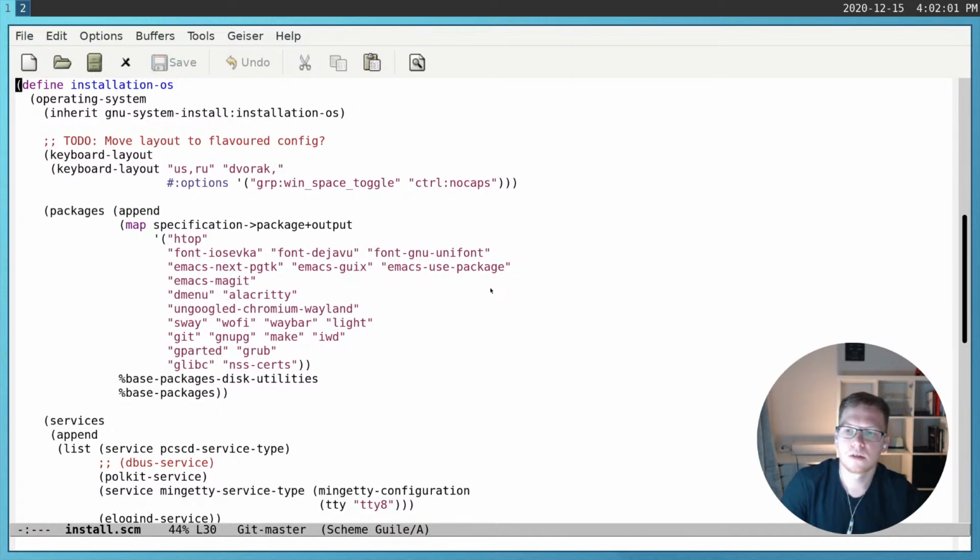GNU Guile is a Scheme dialect, which is a language of the Lisp family, and the cool thing is that you can describe the whole operating system with a configuration file or program. It may look like a configuration file, but in reality it's just a program that will be evaluated, and from this program the operating system will be built and installed or switched on your